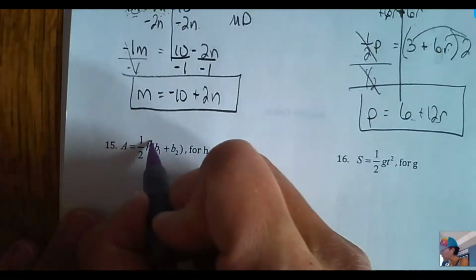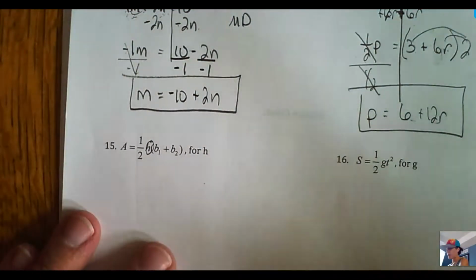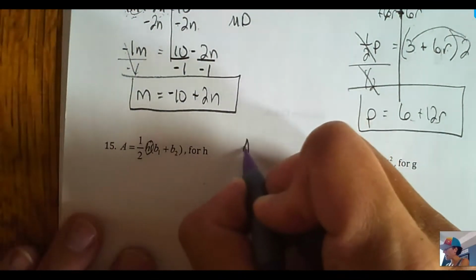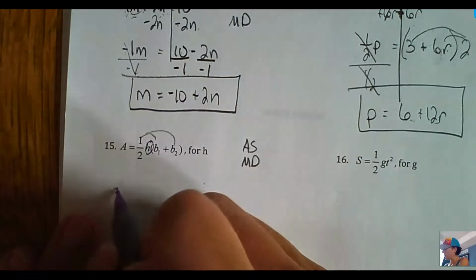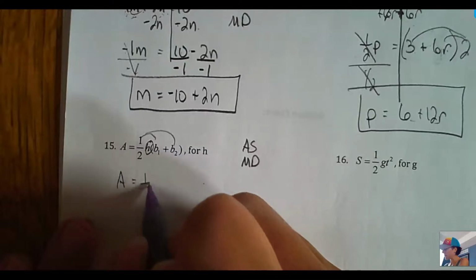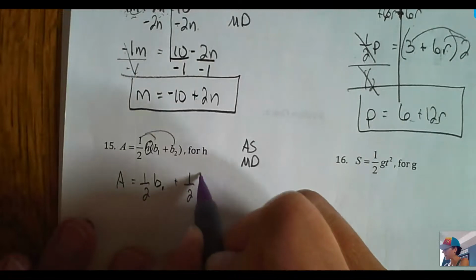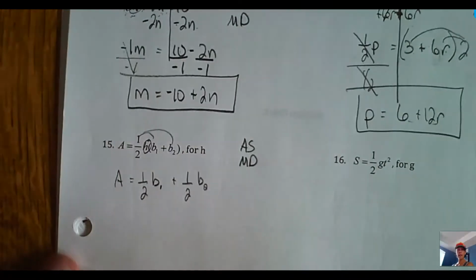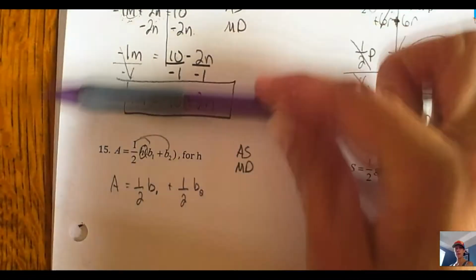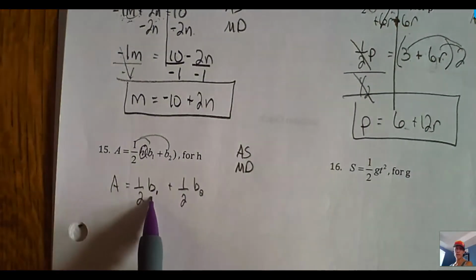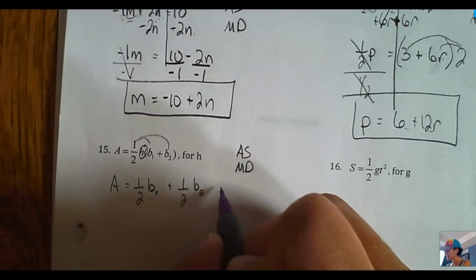So h, I'm going to get alone. So the parentheses, sure, we can distribute the parentheses. Might as well just keep it that pattern. It's not the only way to do this problem. So prep work, distribute, distribute. So in geometry, this is the formula for the area of a trapezoid, and what they do is they have 2 bases, the top part and the bottom part. So this just means the first base and the second base. All right, so all of that's there, right? And that's still times